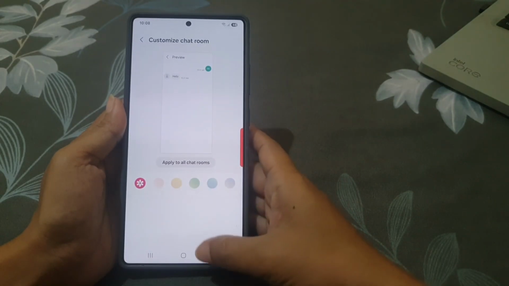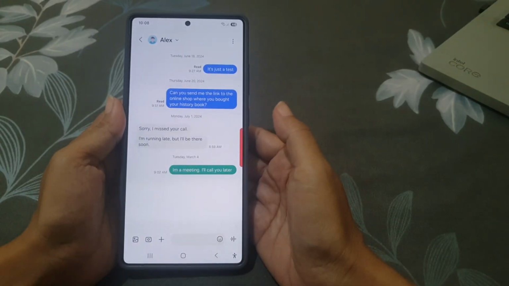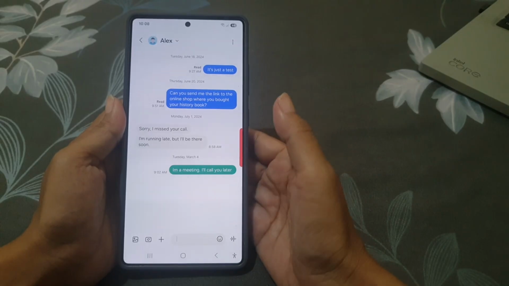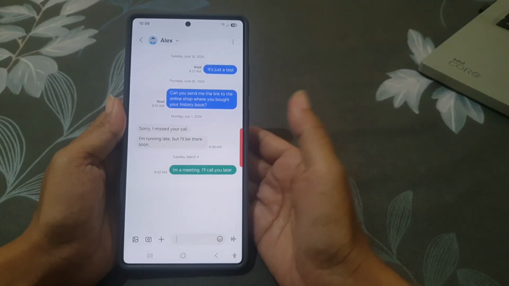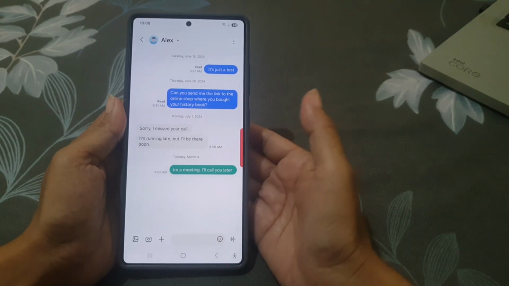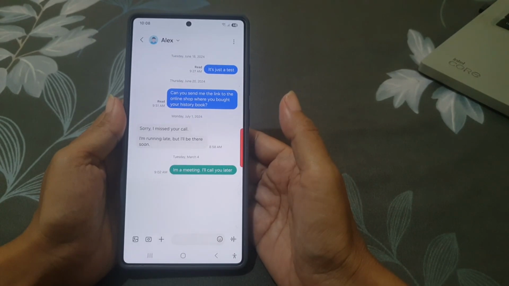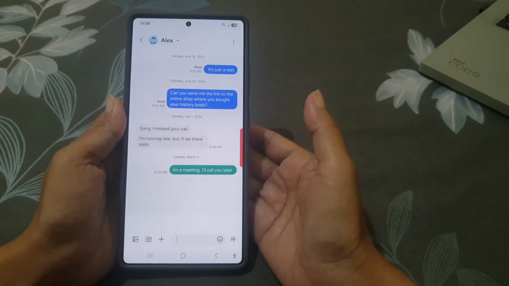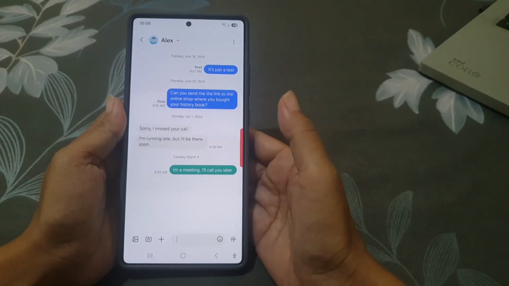Tap the back twice. As you can see, the background, bubble opacity, and text contrast have been returned to the default look. Given the function, resetting a chat room's appearance is a quick way to clear custom style and get back to clean original layout. It's perfect if you want better readability or just prefer the default look.